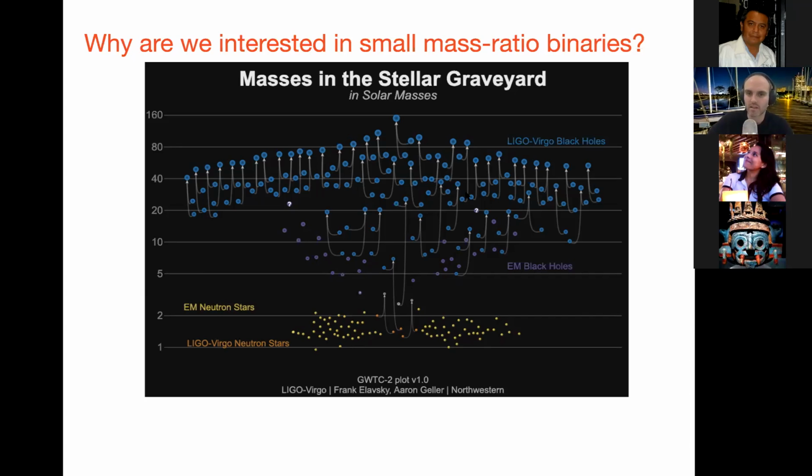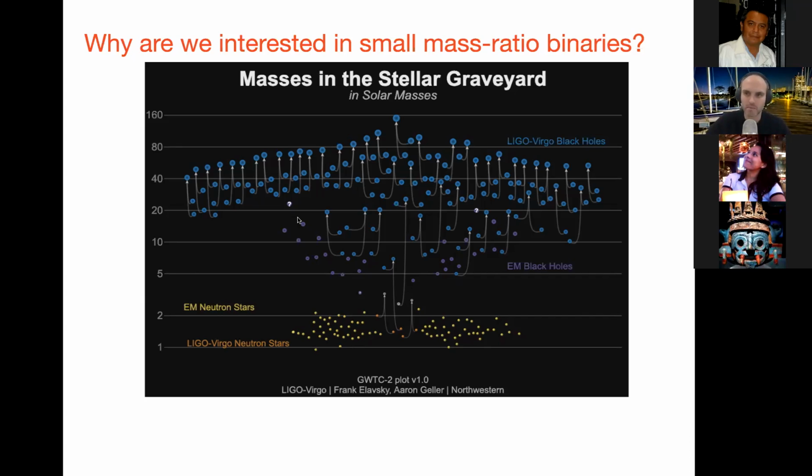And then in blue, we see the LIGO-Virgo black holes that have been observed. Now, these tend to be heavier mass, probably a selection bias here because binaries with larger components disturb the spacetime more, so they're easier to detect from a larger distance. A lot of them are in the range 20 to 30 solar masses, merging to something between 40 to 60 or even 80 solar masses. And so there's been a huge burst in these detections recently.